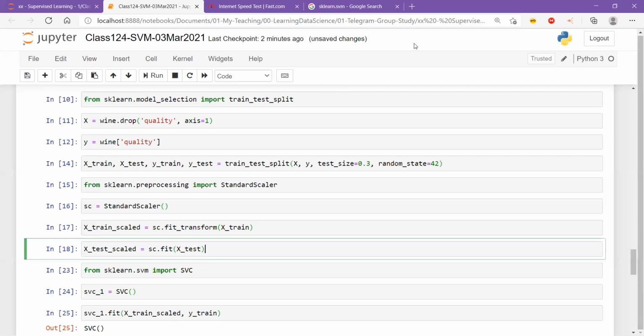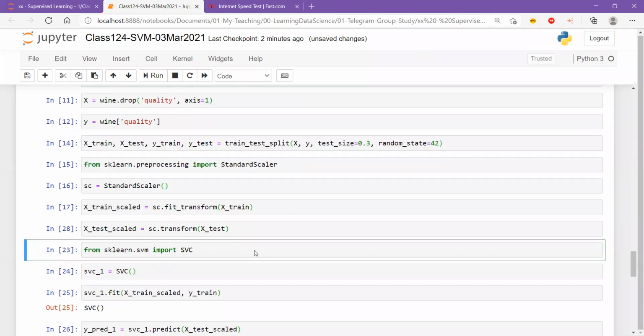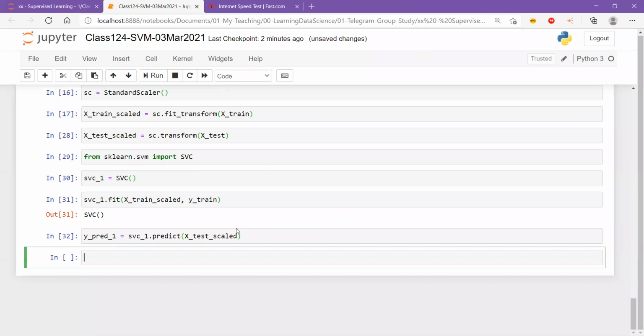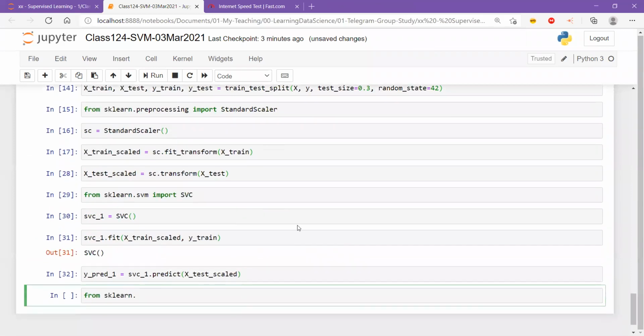No, I think what I have done as a mistake is that I need to do only transformation, and I've done a fit also. So let me just change this. It should not be fit, it should be transform, right? So now it should work. Let's see. Yeah, it has worked now. That was a very, very silly mistake, friends. I apologize. I should have done only transformation, not a fit.